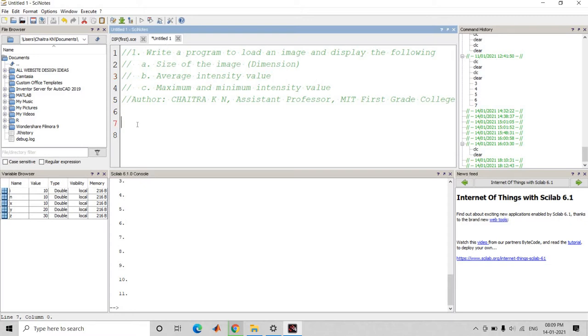So first we have to read the image from a folder. I have declared a variable called image and imread. imread is an inbuilt function to read an image from a folder.